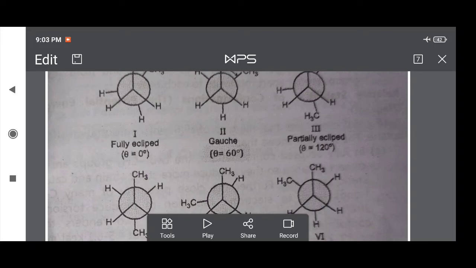This is represented as the first conformation, where the dihedral angle is 0 degree, in which the rear, meaning back carbon, rear methyl group is eclipsed by the front methyl group, and the two rear hydrogen atoms by the two front hydrogen atoms. This is the fully eclipsed conformation. Then in partly eclipsed or anticlinal conformation, the remaining two eclipsed conformations, number third and number fifth,